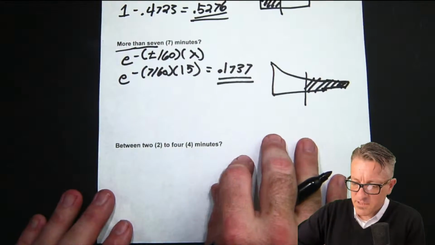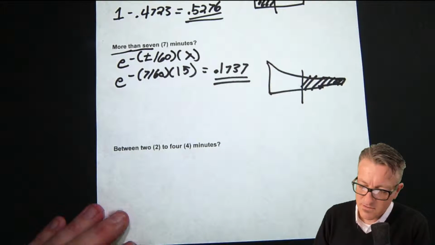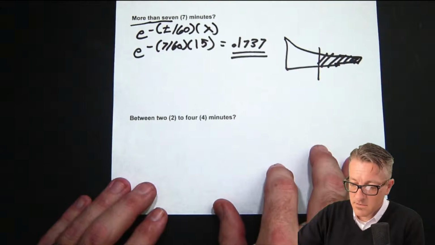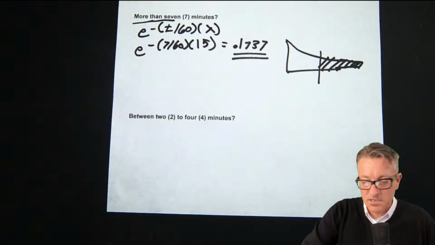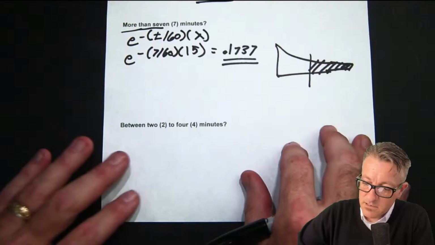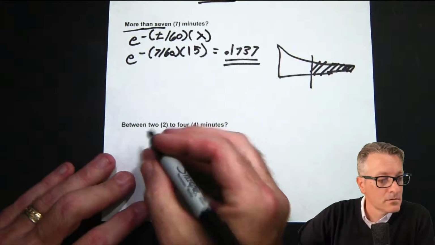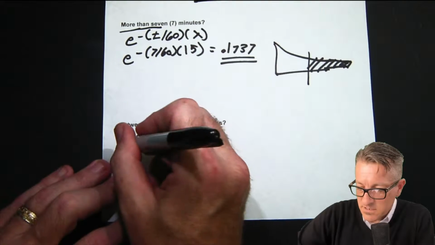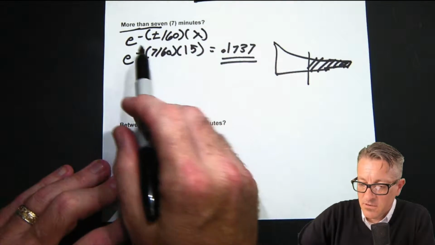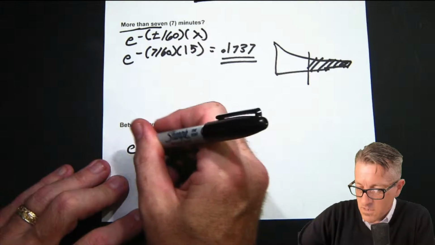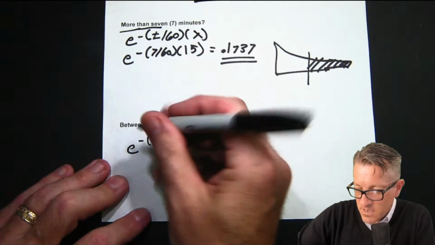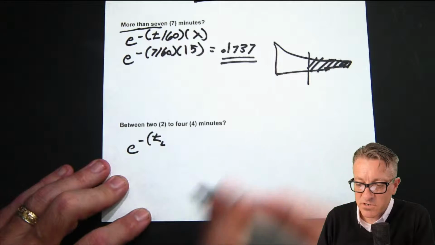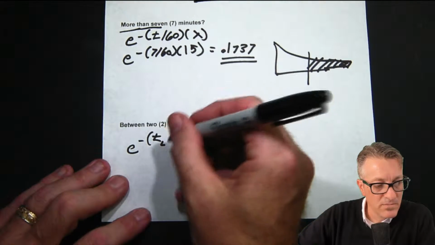The between, I've seen different formulas, and technically you can almost do it different ways, but the between's easiest doing it this way. Just trying to make sure that I'm not off the screen here. So the between is, so between 2 to 4 minutes. Okay. So the between is, we do it just like we did with the more than 7. So it's the easier equation. And this one I write with this. I say t, and then I do a little lower, I do a subscript little l, meaning the lower limit.